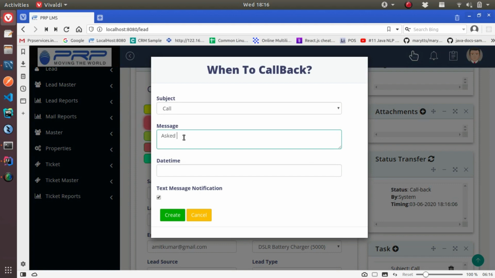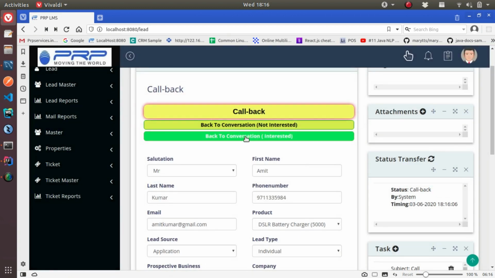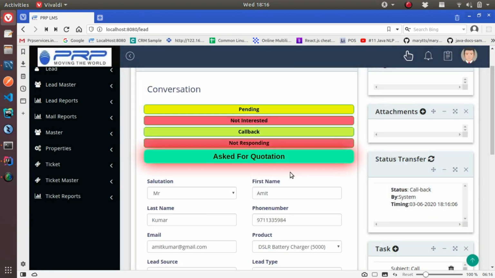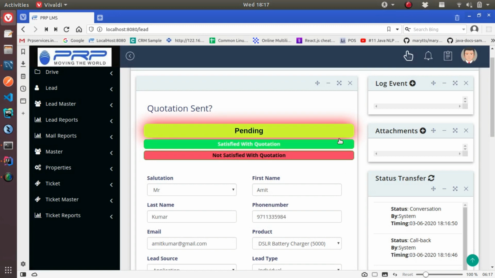Now take another example where lead is interested, adding another callback task, filling up the details. This time I'm going to click on the interested, and now our lead is in again conversation stage where status is asked for quotation. As you have already seen, these stages are customizable and you can change them to meet your requirements. Let's click on the ask for quotation.